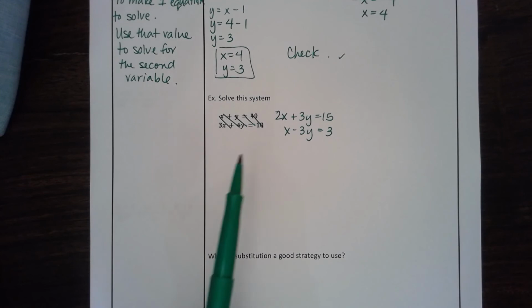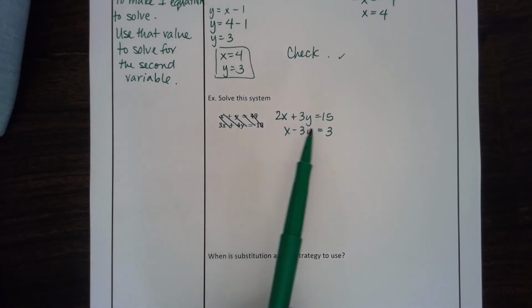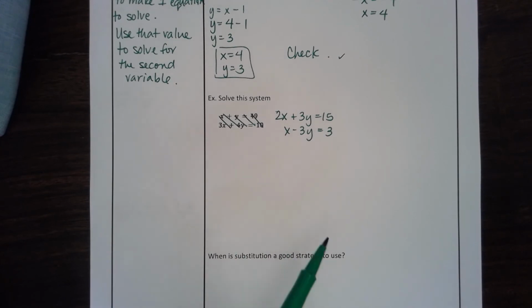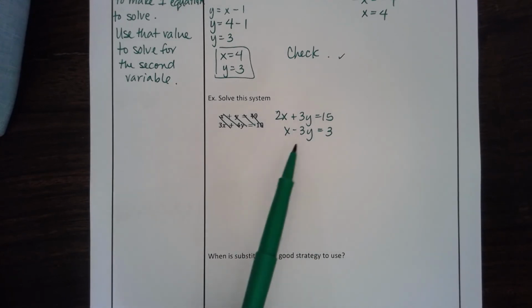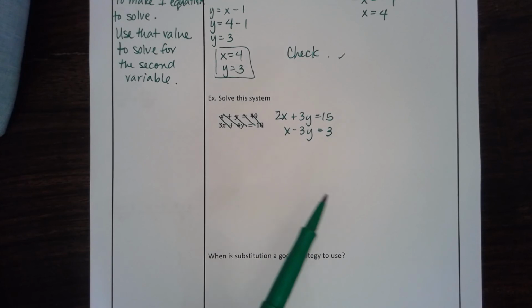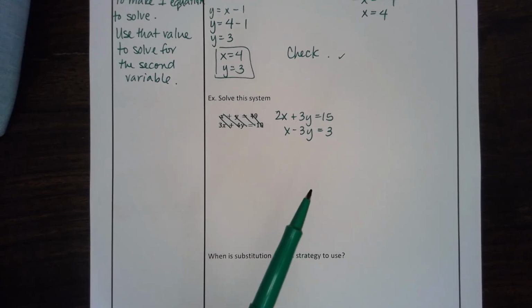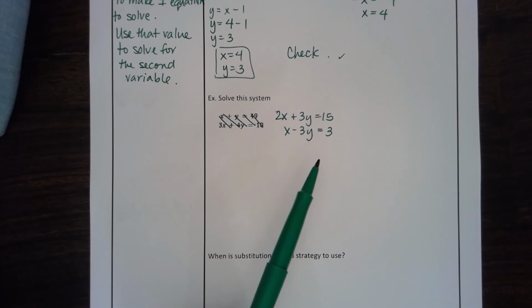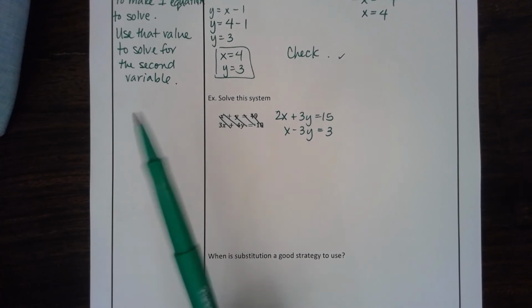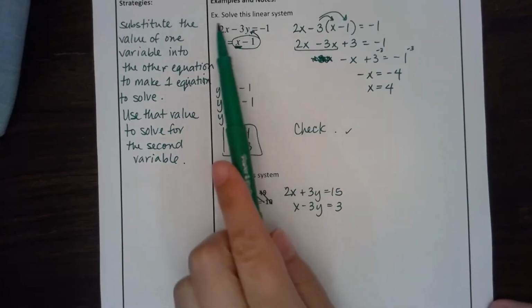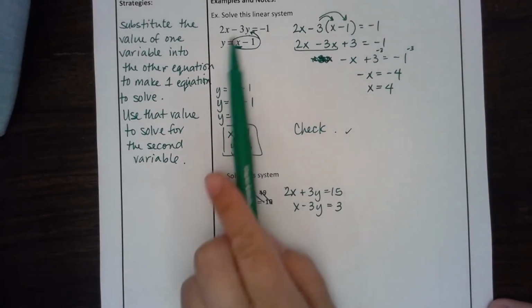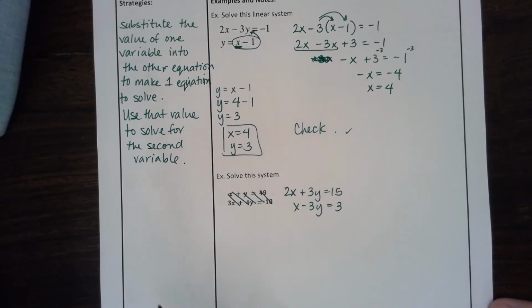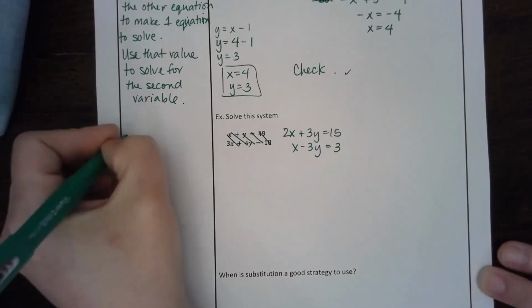All right, so let's look at this system. 2x plus 3y equals 15, and x minus 3y equals 3. It's a great system. We've got x's and y's. We've got two lines. And what we're really looking for is those values of x and y, that one value of x and y that's going to satisfy both equations. Problem with this guy is it doesn't have an isolated variable. Our last question had that y all by itself, and it was really easy to take its value and put it into the other equation. So if you don't have an isolated variable,